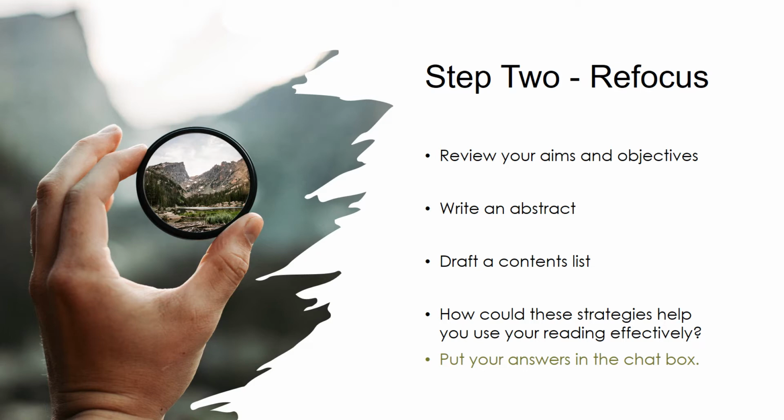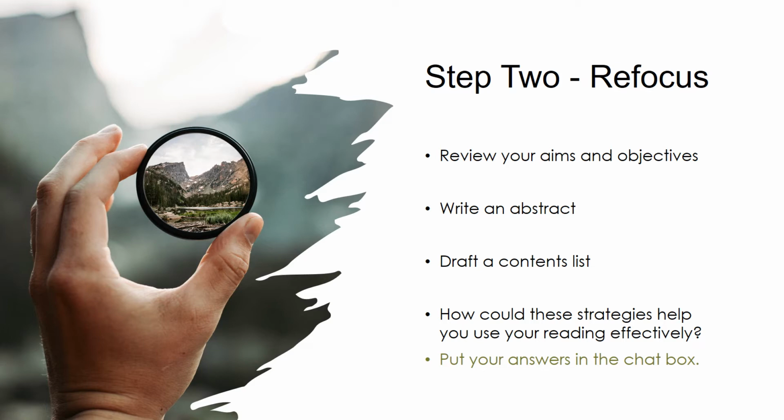is to think about writing an abstract, or to think about drafting a contents list. This begins to help us really focus on our dissertation, what we are writing about specifically, as opposed to the general chapters that you might have in a big picture view, which might be very similar to lots of other people's dissertations. Then we move into looking at our own work again. So, these are strategies that I'm proposing to help us begin to focus on how we're going to use this